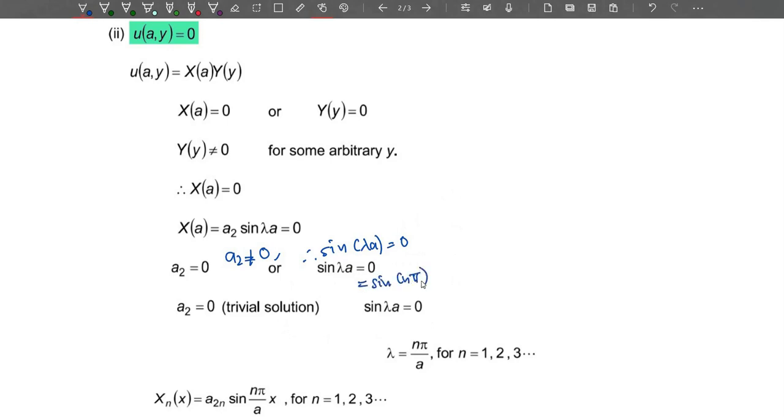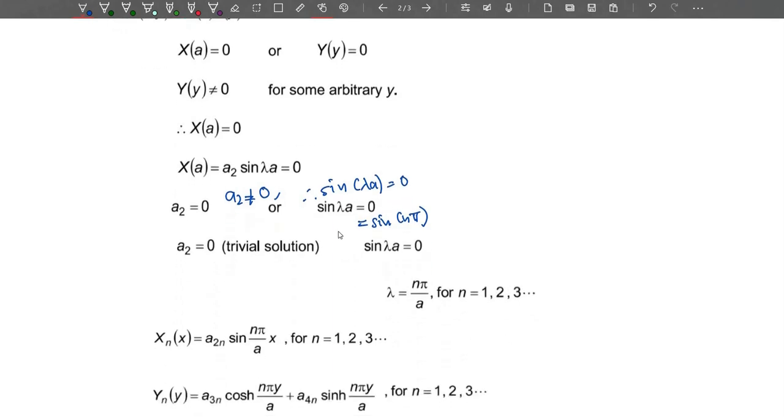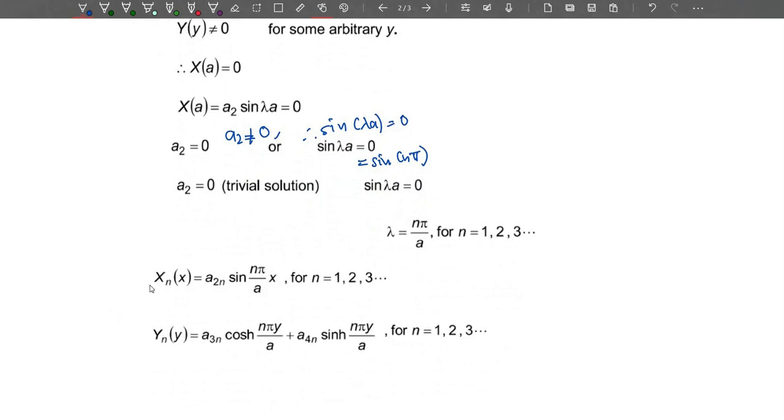Okay, and then sin lambda a equal to 0, which means this is equal to sin n pi. Therefore lambda a is equal to n pi over a, for n equal to 1, 2, 3. Next, X of nx will be equal to a2n sin n pi over a x for n starting from 1,